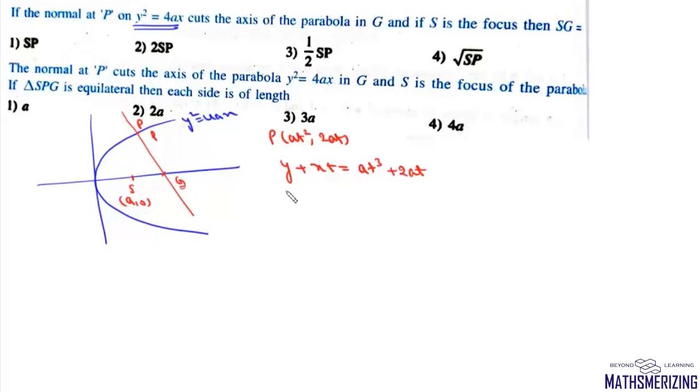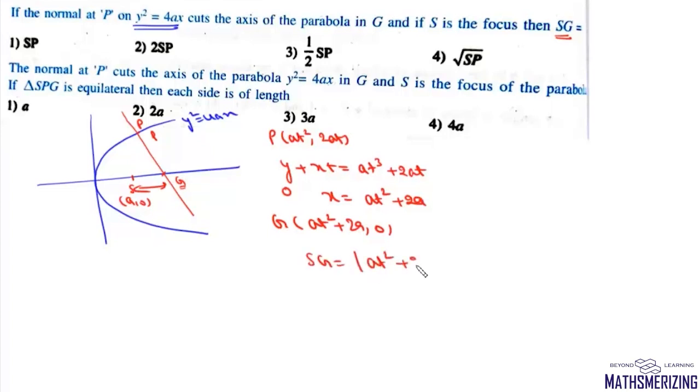Now that means for G, its y coordinate is 0. So its x coordinate will be at² + 2a. So the coordinate of G will be (at² + 2a, 0). Now we need to find this distance SG. So this distance SG is simply